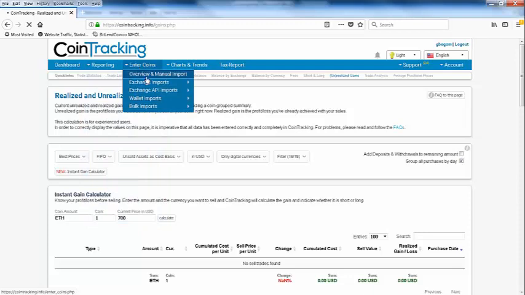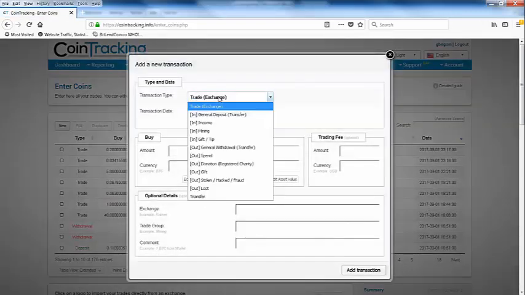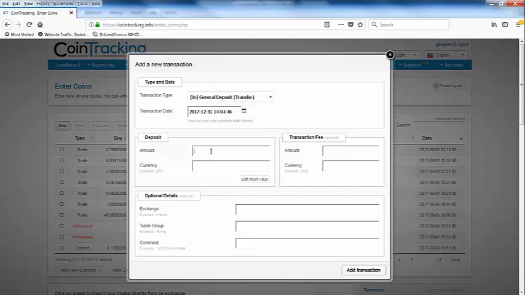So you have the manual import. The manual import is where you can enter your transactions manually. So you will put like new. You have different transaction types. It can be a trade, general deposit, income, mining, gift, or out is a withdrawal, a spend, donation, gift, stolen, lost, transfer. So let's say that I put a new general deposit and I said that I deposit $1,000